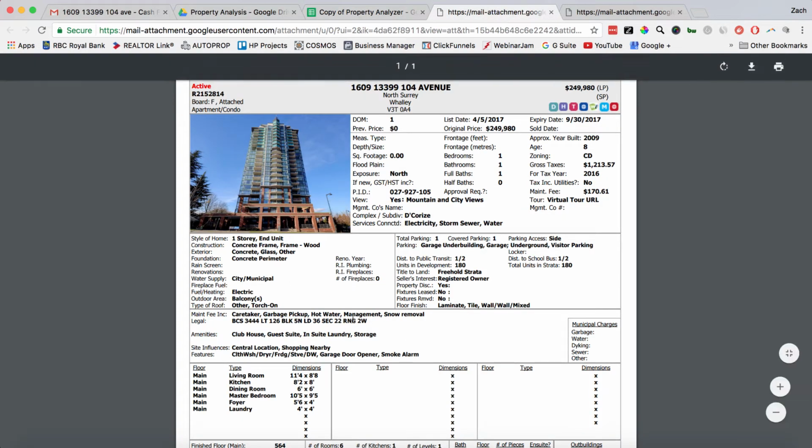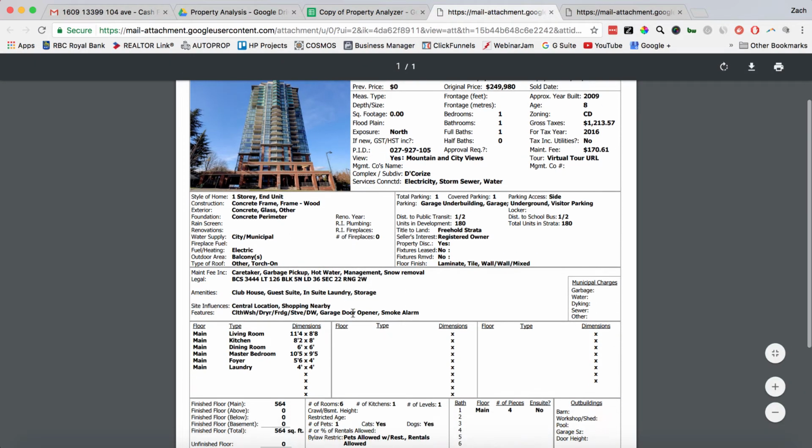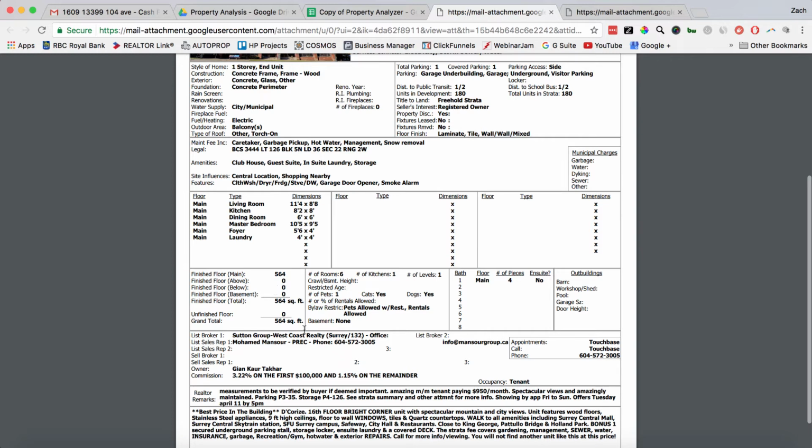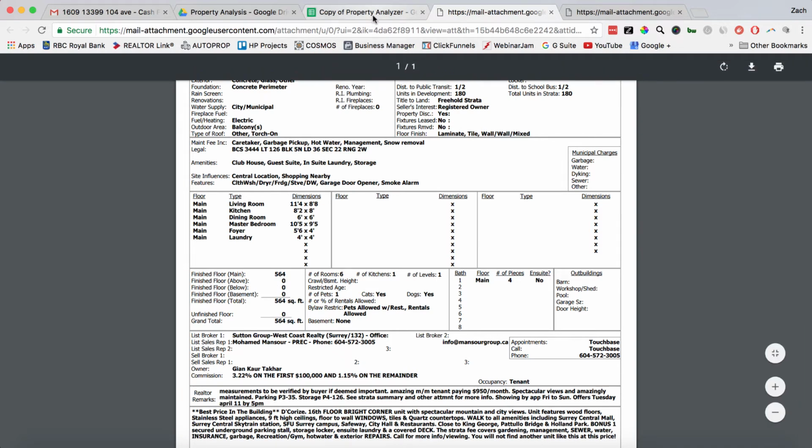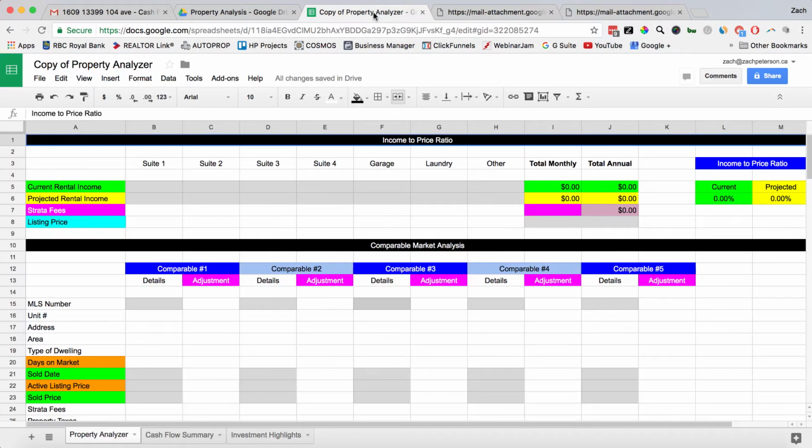Based on this unit and the square footage of the unit, I know that this property will rent out for approximately $950 to $1,100. And then if there were additional suites, you can put that information in here, or any other